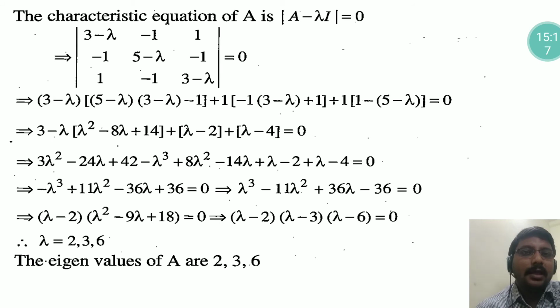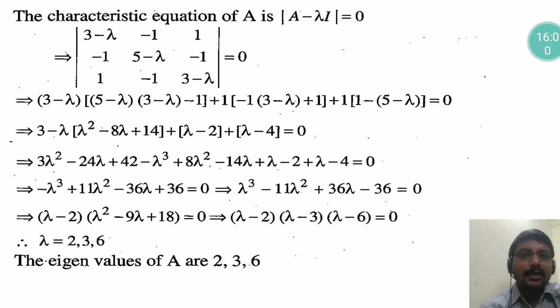Now to get the eigenvalues, we have to define the characteristic equation. The characteristic equation is determinant of A minus lambda I equal to 0. Considering the determinant, which is obtained by subtracting lambda from the given matrix A and equating to 0, on simplifying the determinant we will have lambda values. Three different values of lambda occurred here. The lambda values are lambda equal to 2, lambda equal to 3, lambda equal to 6. These are the eigenvalues of A. Thus the second step is completed. In the second step we have to compute eigenvalues.